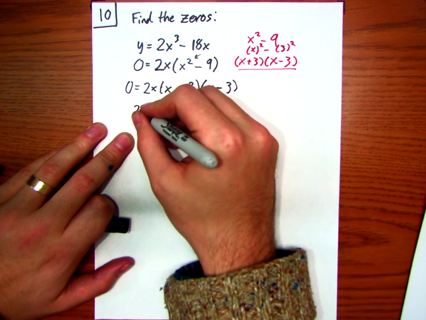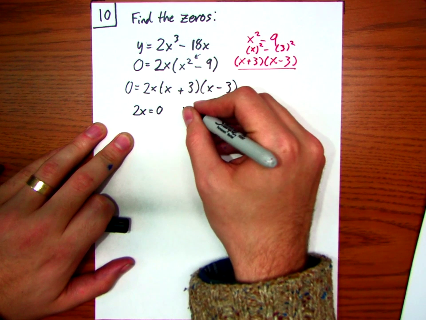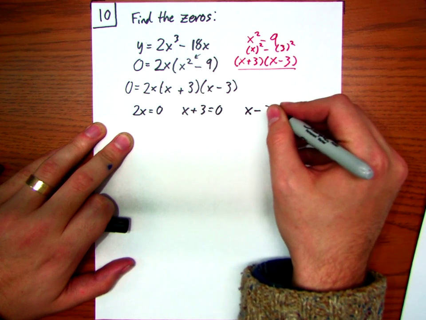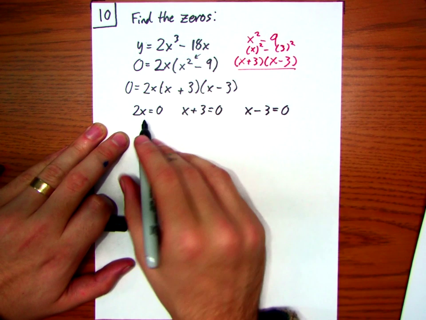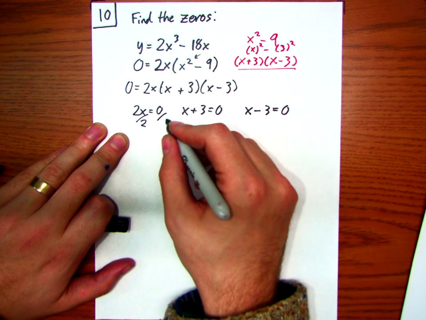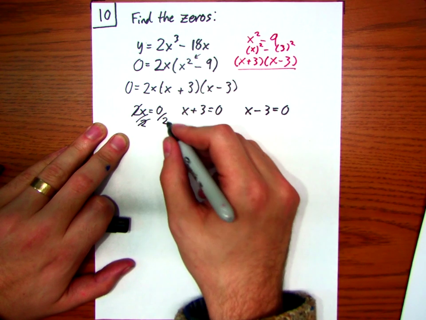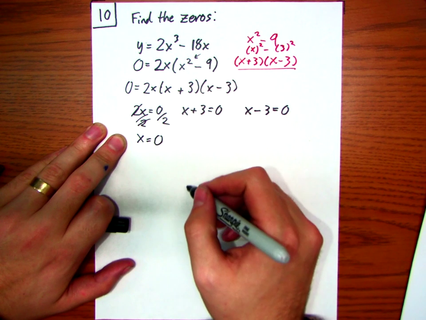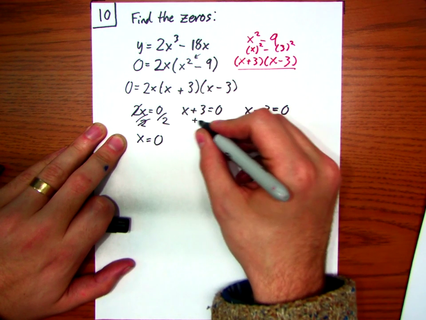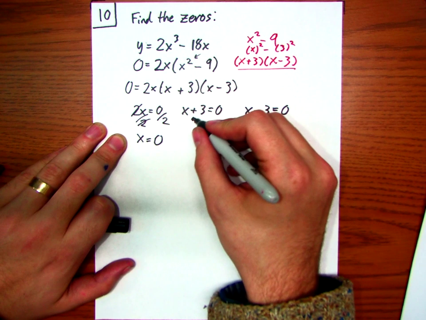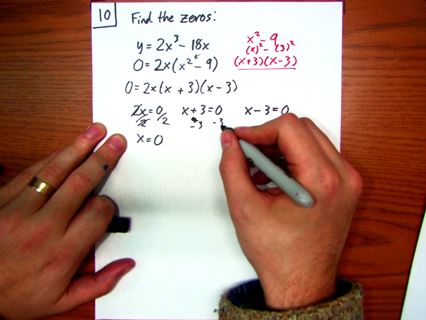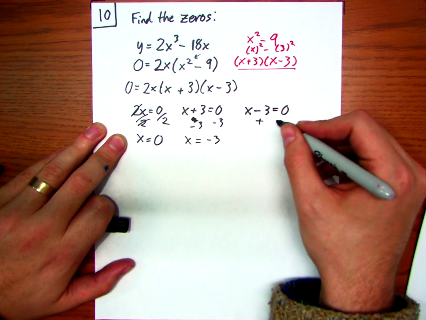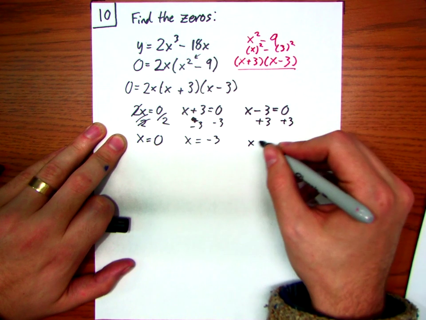So I'm going to set each of the factors equal to 0, and then I'm going to have 3 equations to solve. If I'm looking at the first one, to get x by itself on one side, I'm going to divide both sides by 2. And I'm going to get x is equal to 0 divided by 2, which is just 0. On this equation, I'm going to subtract 3 from both sides, and I'm going to get that x is equal to negative 3. And in the last equation, I'm going to add 3,